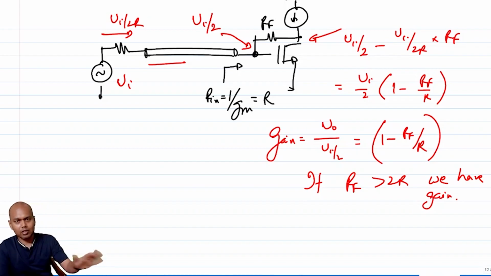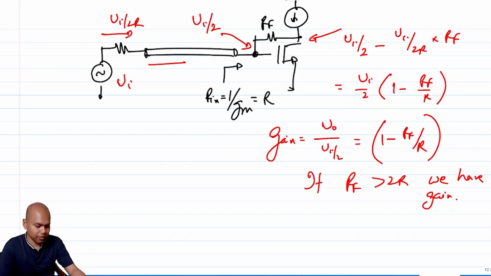By the way, by no means are these the only three topologies. There are many other topologies using which you can match. These are some of the popular topologies for which you can get a broadband match. When I say broadband, I mean for a wide range of frequencies. And later on you will see that there are certain topologies which have their advantages with regards to getting a narrow band match, and that is something that we will be dealing with once we go into LNA design, after we have covered